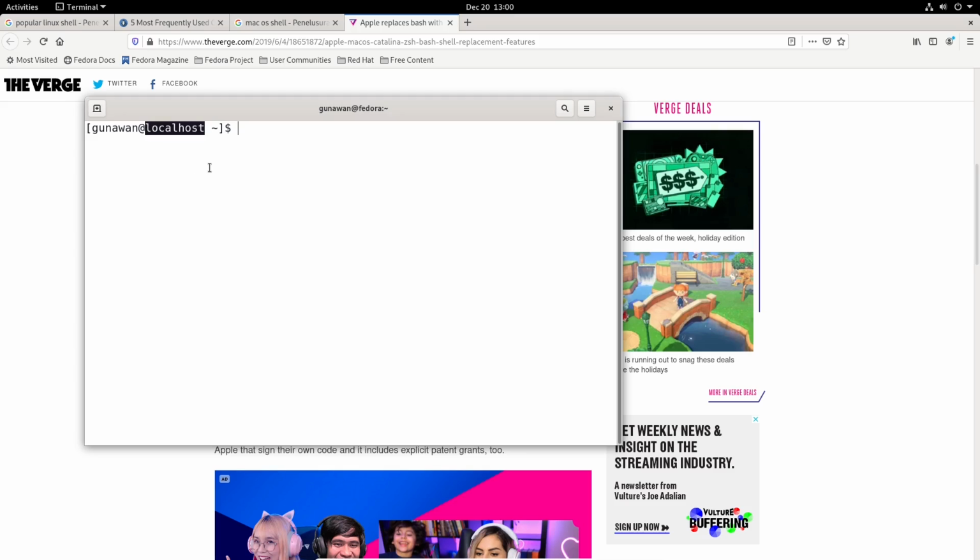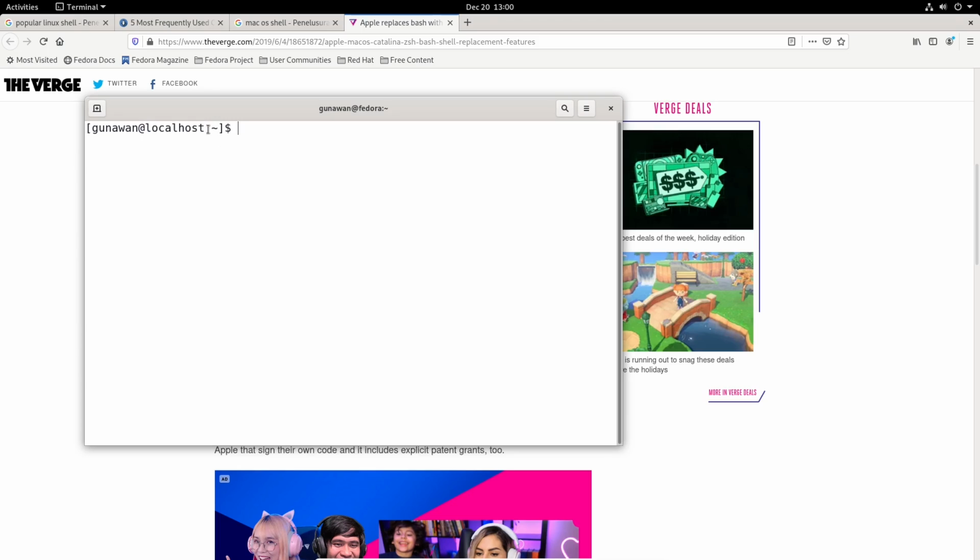This is a computer hostname, and this part tells you where you are now. I mean, what directory you are in. And this part tells you what privilege you are using now. Are you an ordinary user or are you a super administrator?